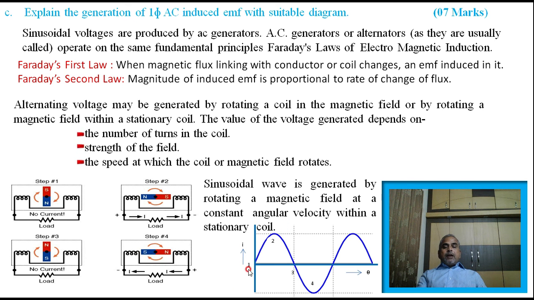You can see here at position 1, the induced voltage is 0. When it rotates through an angle of 90 degrees, it cuts a maximum flux and you get a maximum voltage at position 2 with a positive value. Then from 90 to 180 degrees, the flux linkages go on decreasing, and the induced voltage goes on decreasing. At 180 degrees, the induced voltage is 0 because the flux and